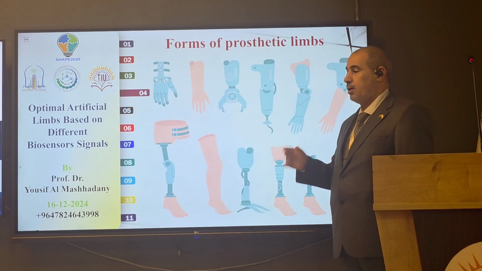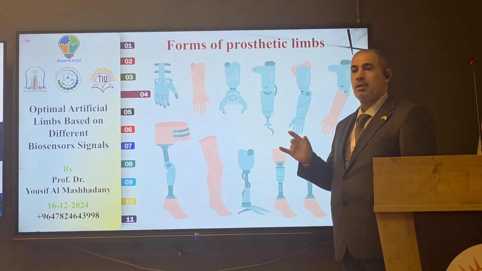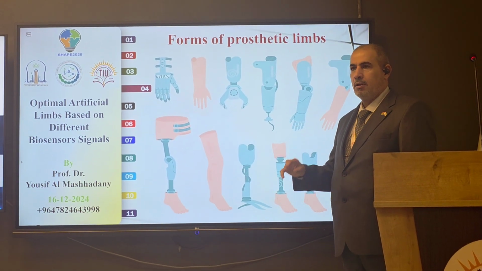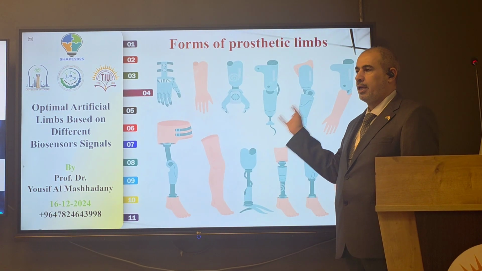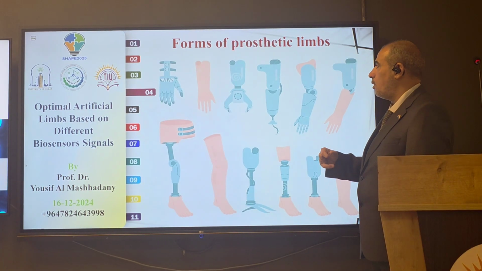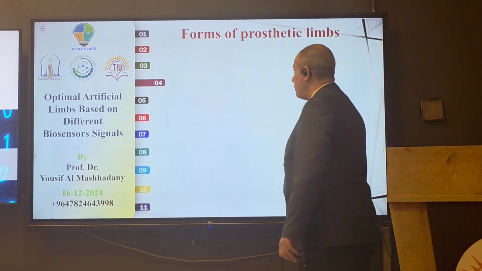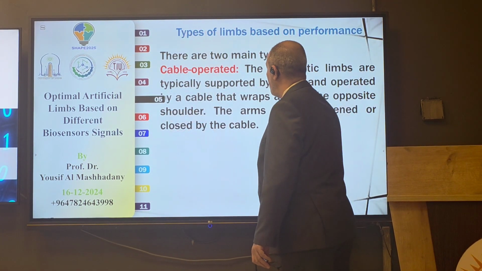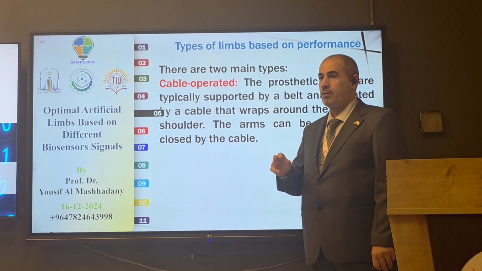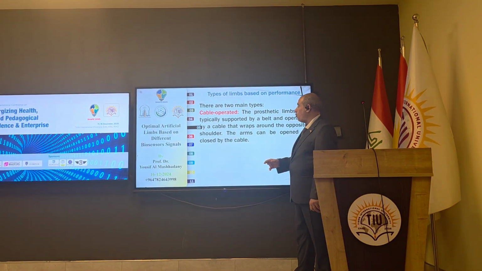But when you say myoelectric limbs or artificial limbs, that means these limbs contain sensors and a controller and feedback from the real target, with muscles or brain, which control the limbs. According to the policy or technology for performing the movement, we can